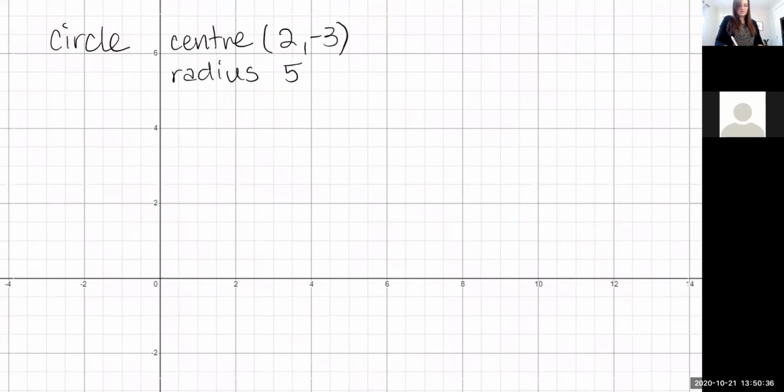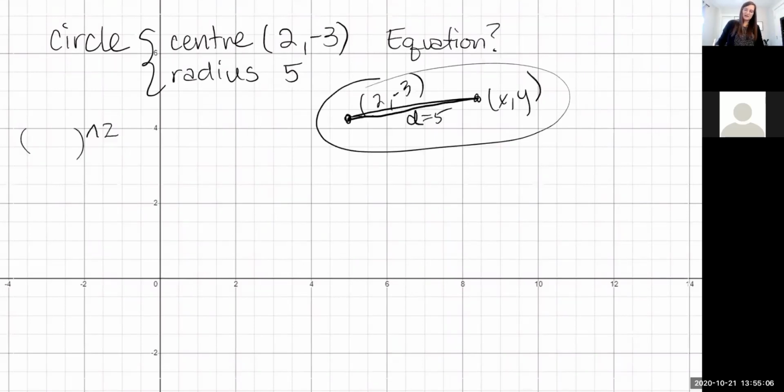Okay, so what would the equation be if I wanted to graph this circle, the relationship of this circle? What's my equation? So if your center is 2, -3,